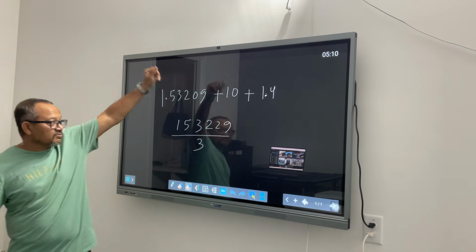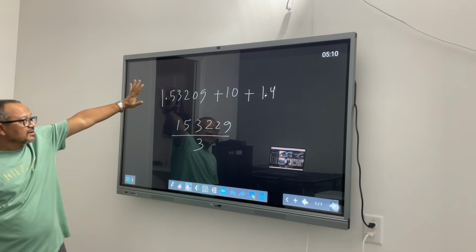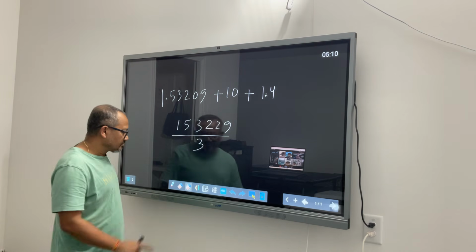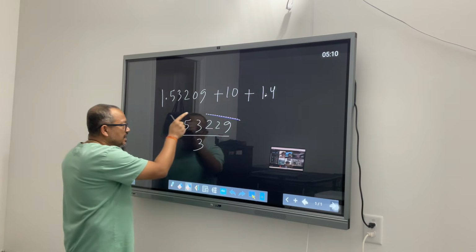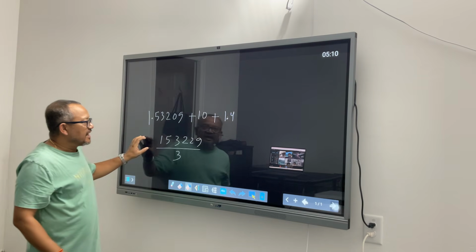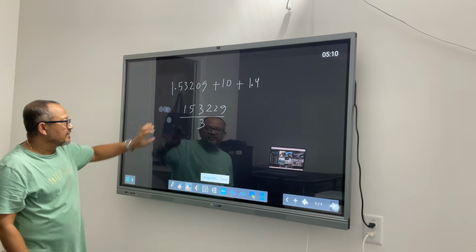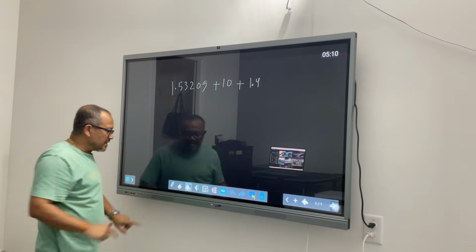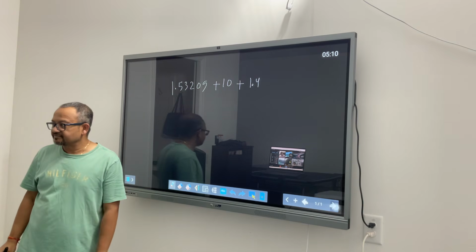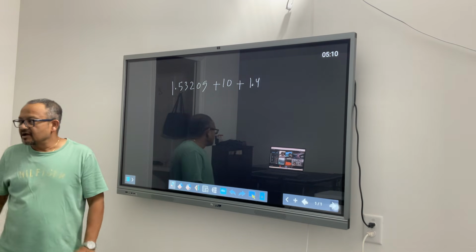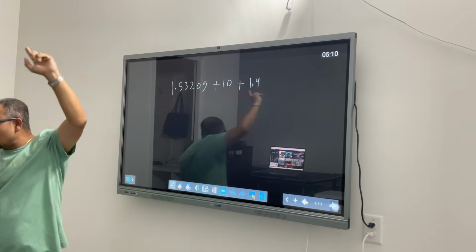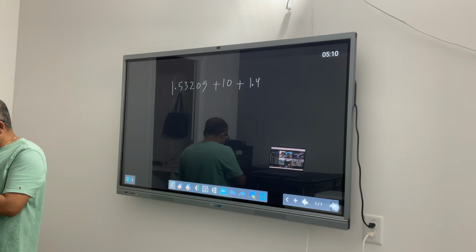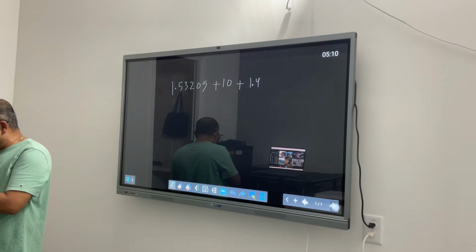Now coming to this one. We are trying to add decimals, this whole number and this decimal. This is what we started yesterday. And I see that not everybody is doing it the same way, and not everybody is getting the same answer. That means there is an opportunity for me as a teacher to explain it one more time. Now look at this. There are two concepts that we must keep in our mind. We must be very, very clear about it.